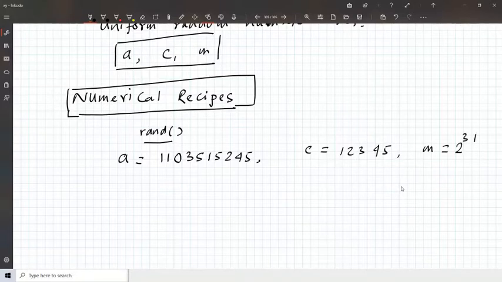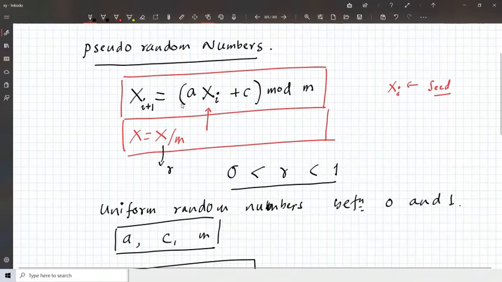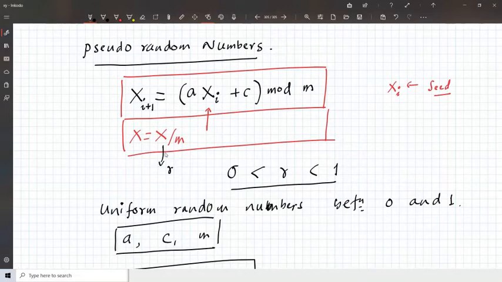Essentially this is a 32-bit algorithm. So this is one kind of choice. How these numbers are chosen is a matter of lots of research. We are not going to give the detail here, but we can put these numbers in and write a small program in Python to create uniform random numbers between 0 and 1 through this two-step algorithm.